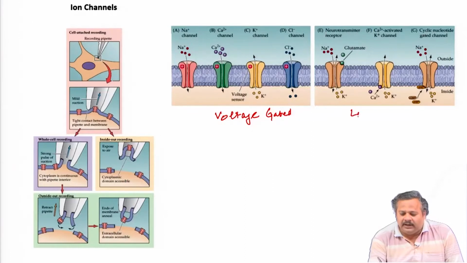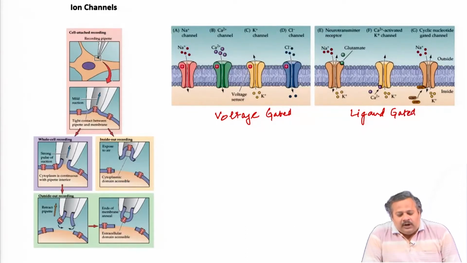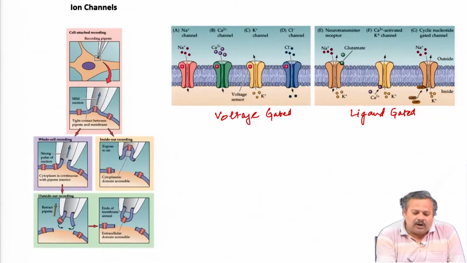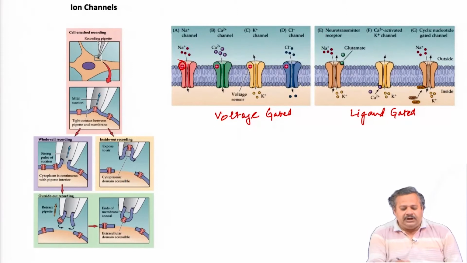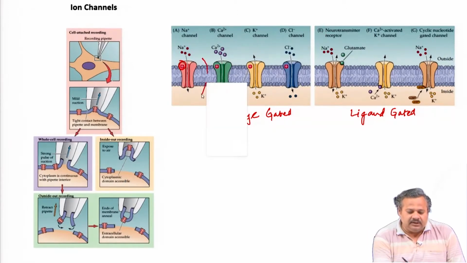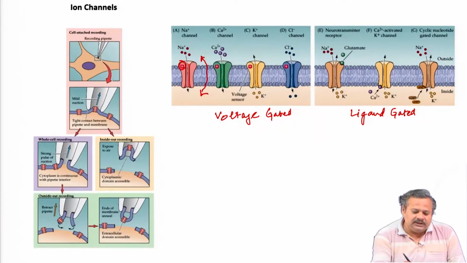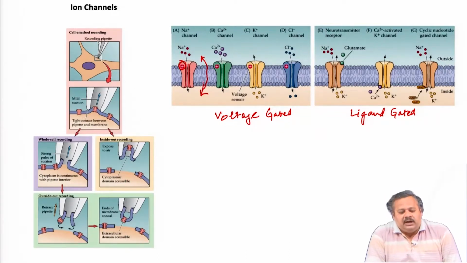What we mean by that is that these ion channels are proteins that have a particular sensor in them, which in this cartoon form is marked by this plus sign, in such a way that when the membrane potential changes, that is this V in minus V out, as we have discussed many times,